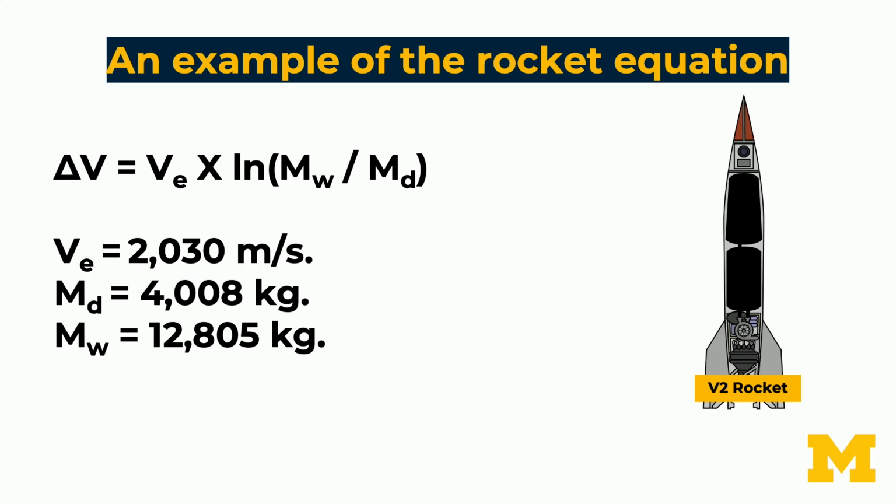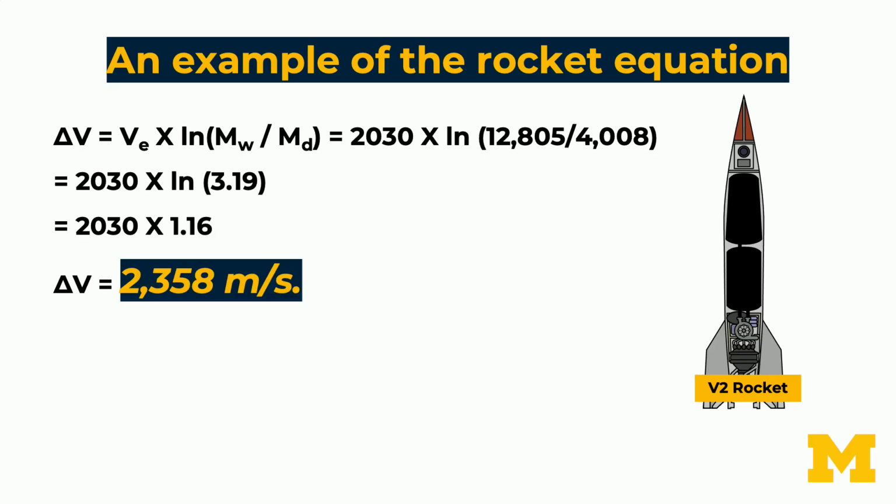Still the same order of magnitude, but a little bit less. The dry mass, the empty mass of the V2 rocket, was about 4,000 kilograms, and the wet mass with full fuel and everything was about 12,800 kilograms. If you plug that into the rocket equation and you do all the calculations on your calculator, you get a delta V from the V2 rocket that's about